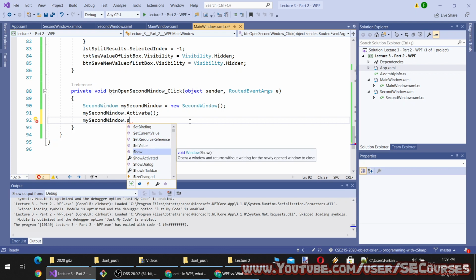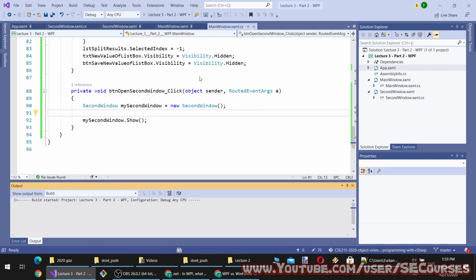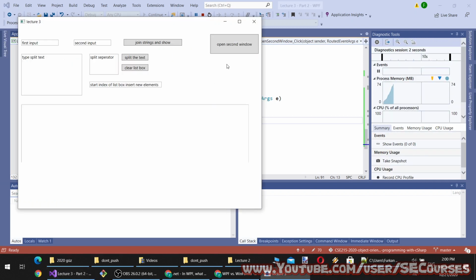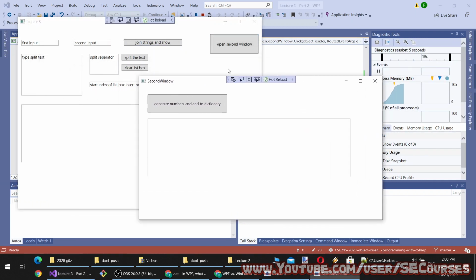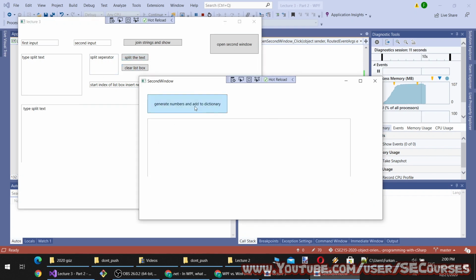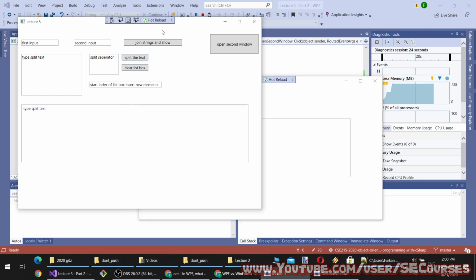I think maybe I need show. Okay, when I click the show, now I can use both windows. Okay, it works, and when I click it, currently it is running, and you see my entire application interface is frozen. I can't click this one as well. And meanwhile this was being processed, I wasn't able to call this one.